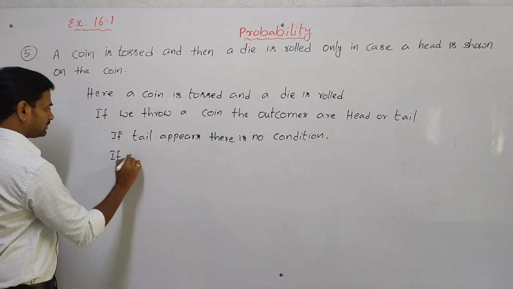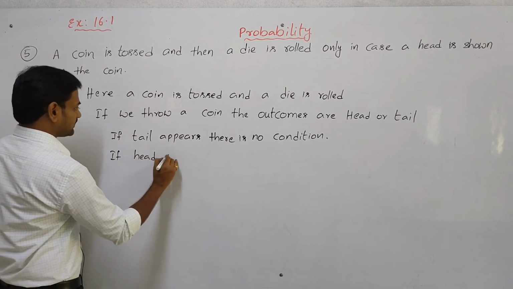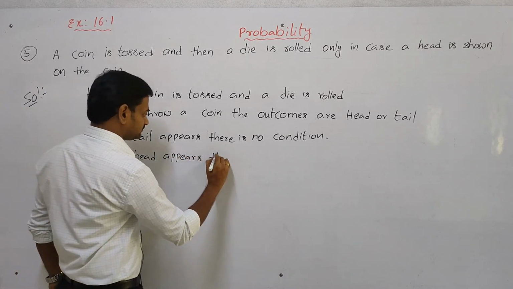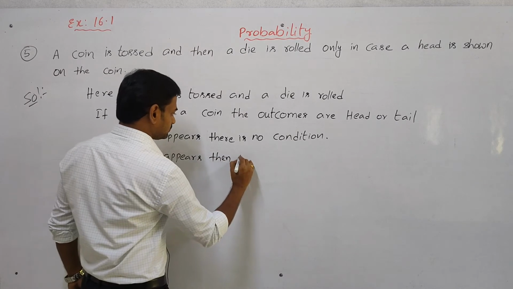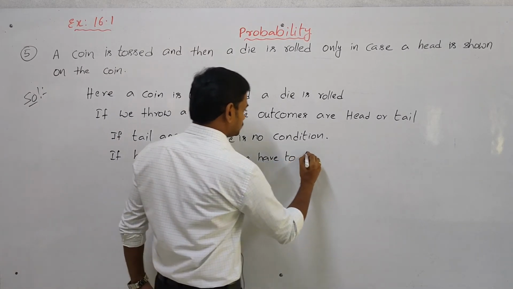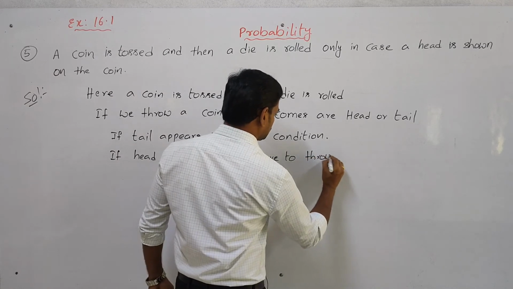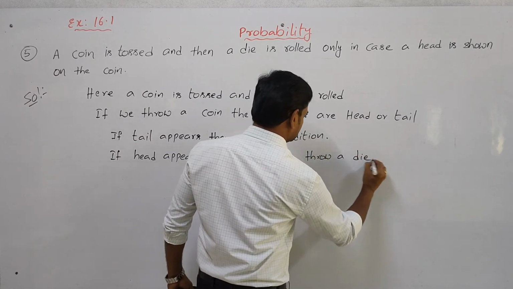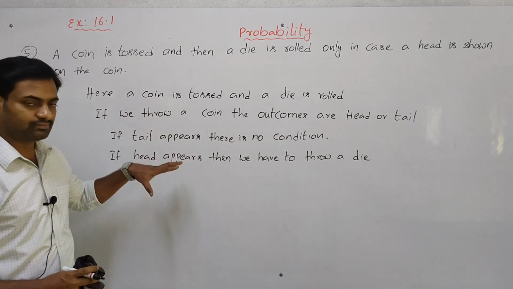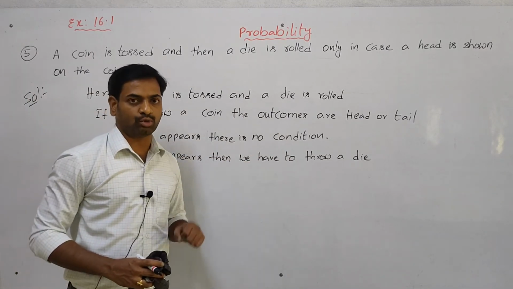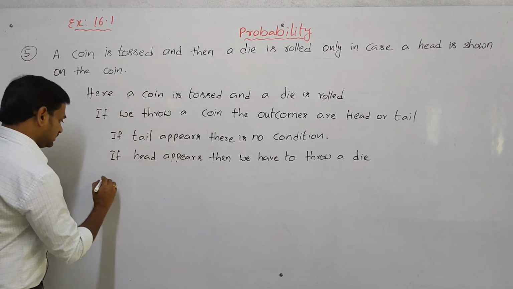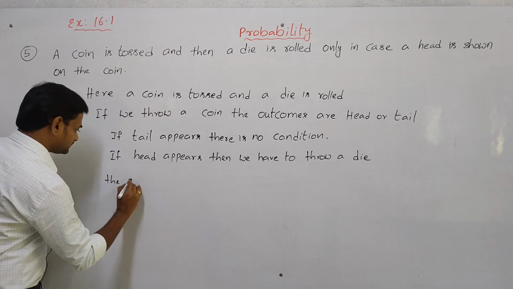If head appears, then we have to throw a die. So on the die, how many possibilities we have? How many outcomes are there? 6 outcomes. So here I am writing the sample space